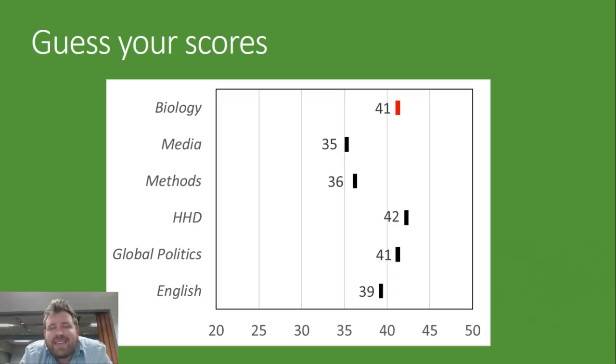And if you think about it, there's a lot that can go wrong with that guess. One is you might just think you're good at maths because everybody else in your class doesn't seem as good as you, but maybe everyone's not that good. You might think that you're really good at global because the SACs have been easy. You might think that you're really good at HHD because your teacher really likes you and keeps on telling you how great you are. You might think you're terrible at media, but maybe your cohort of students is actually just brilliant. And you just look around and you're seeing all these brilliant people and you think you're not as good.